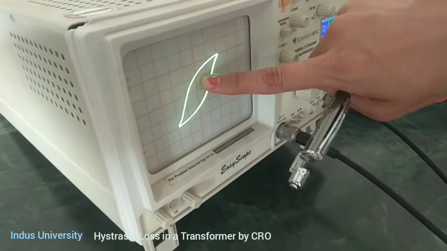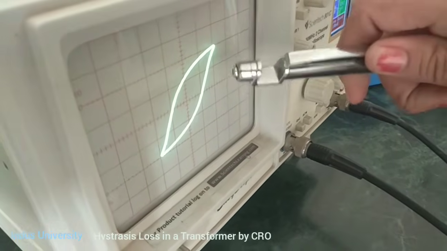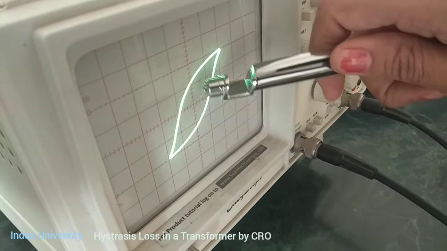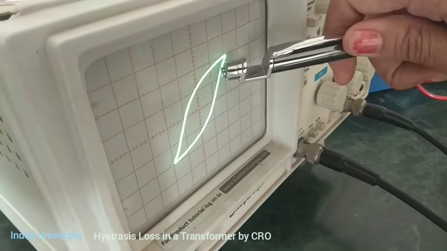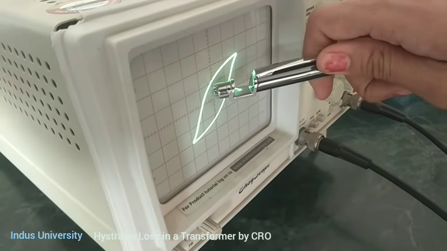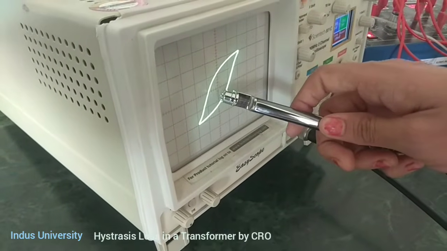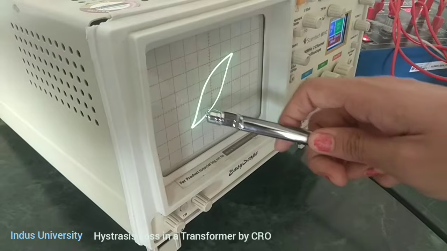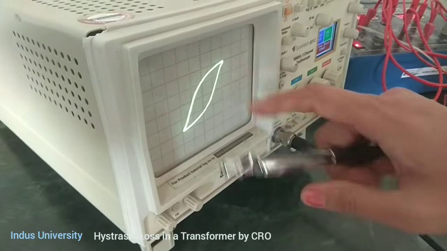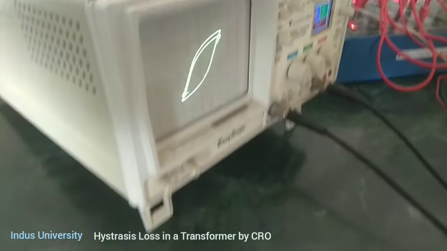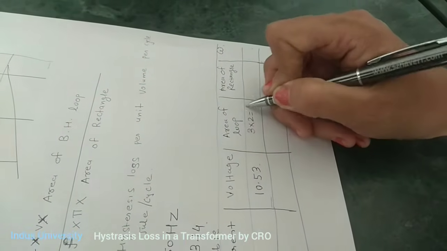So here you can see that the one square, this half and this half, that will make 2. So this half and this half, that is 1. This is another one whole square, so 2. Then this one is half and this one is also half, so that is a 3. Similarly you can also find out here, 4, 5 and 6, or if you don't want to do it that way, then 3 into 2 you can make it 6. So the total area of the loop is 3 into 2, that is 6.